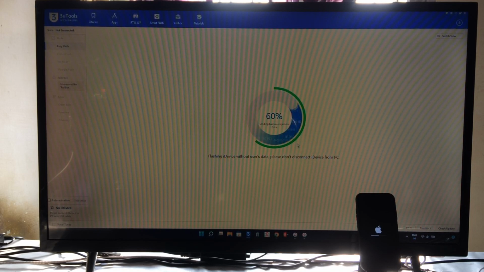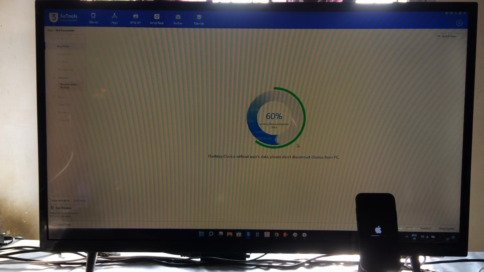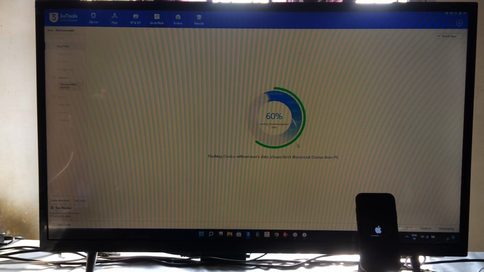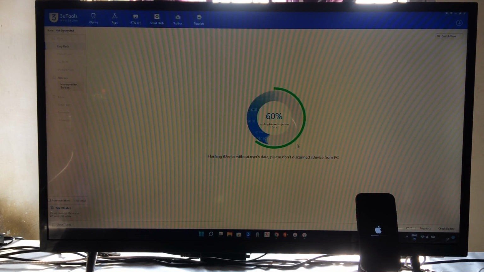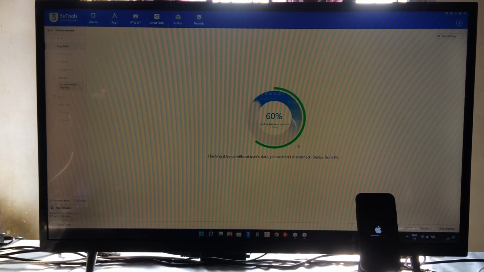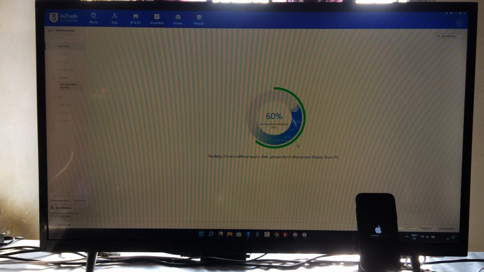It's still on 60%. Let's see what's going to happen here. As we see written below, flashing without user data, don't disconnect from PC, so that's why don't do anything.